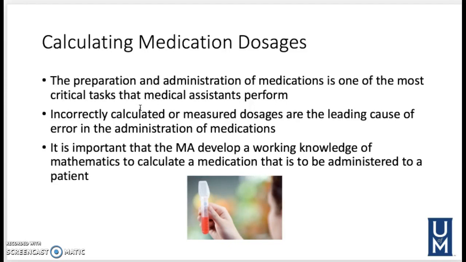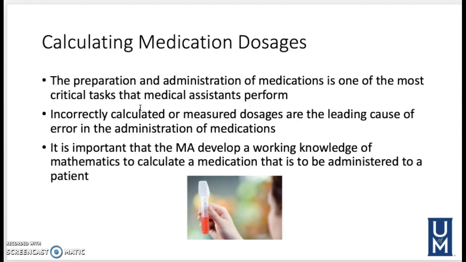And this is going to be when we're actually in the clinic setting. So the preparation and administration of medications is one of the most critical tasks that the MA performs. Incorrectly calculating or measuring dosages are the leading cause of error in the administration of medications. It's important that the MA develop a working knowledge of mathematics to calculate a medication that is to be administered